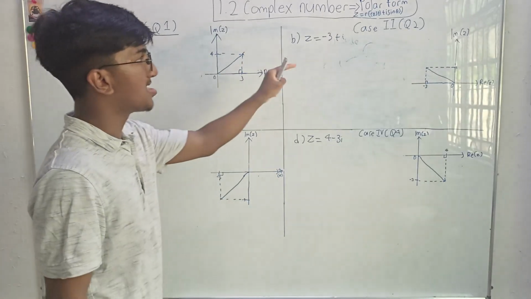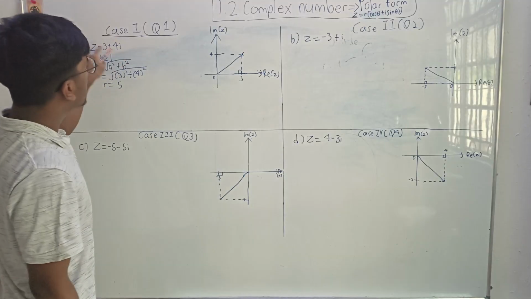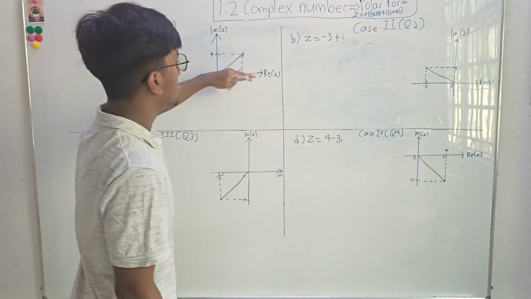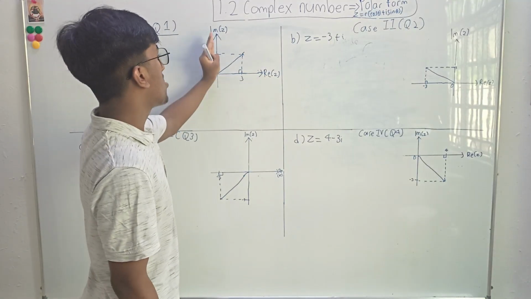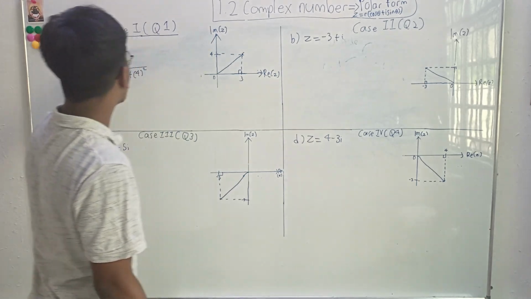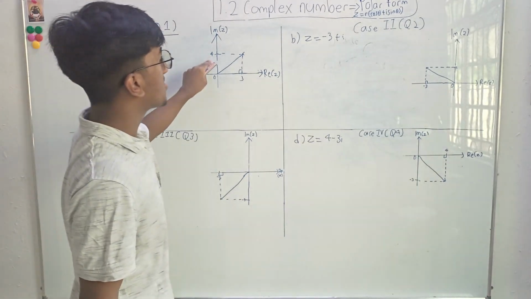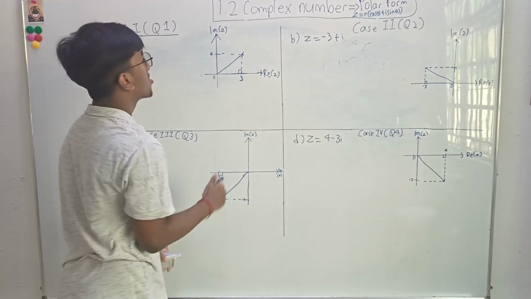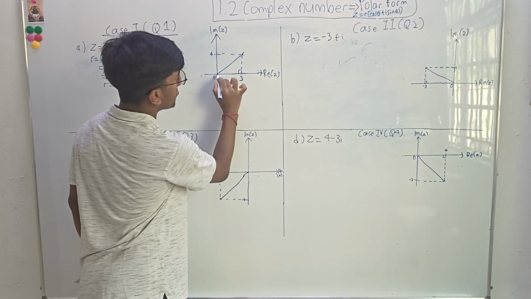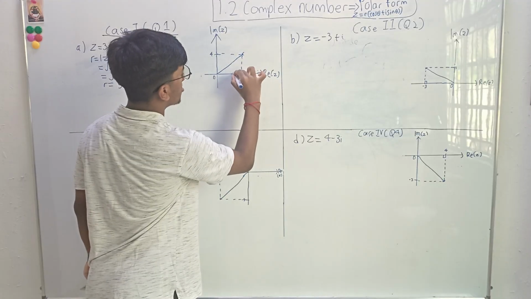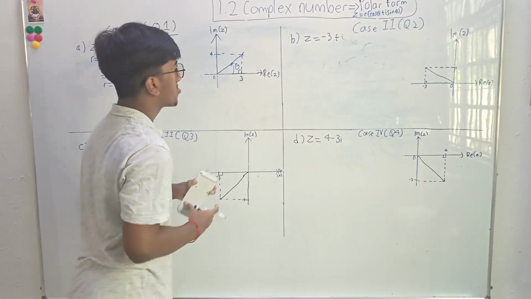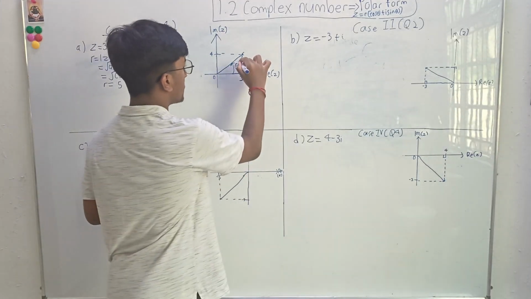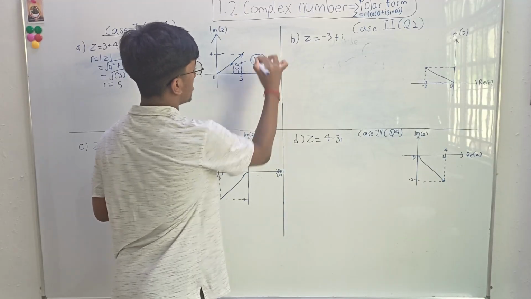Before we find the argument of z, we will represent this complex number in the Argand diagram. The Argand diagram will look like this: the x-axis is the real axis and the y-axis is the imaginary axis. So 3 plus 4i, if we represent it in the Argand diagram, will be like this. So we need to find the theta. My theta is the angle between the positive x-axis and the complex number line, so it should be here. As you can see, my theta is going anti-clockwise, so it should be positive.